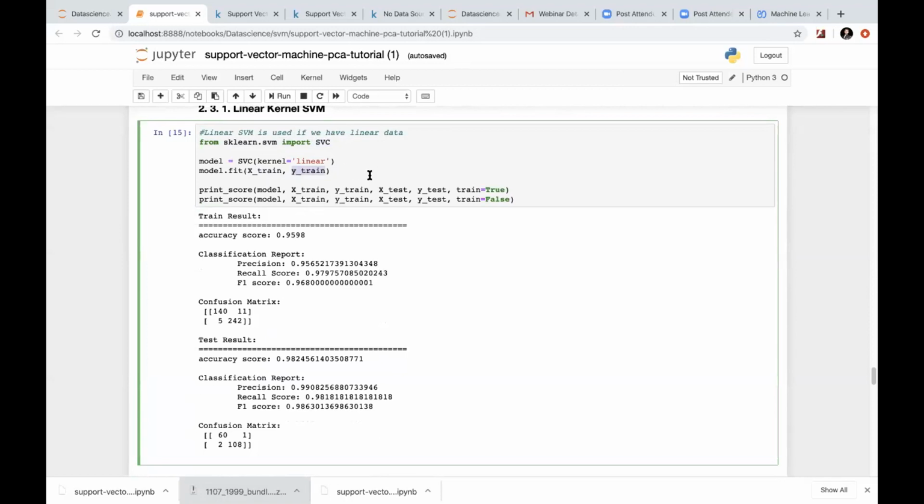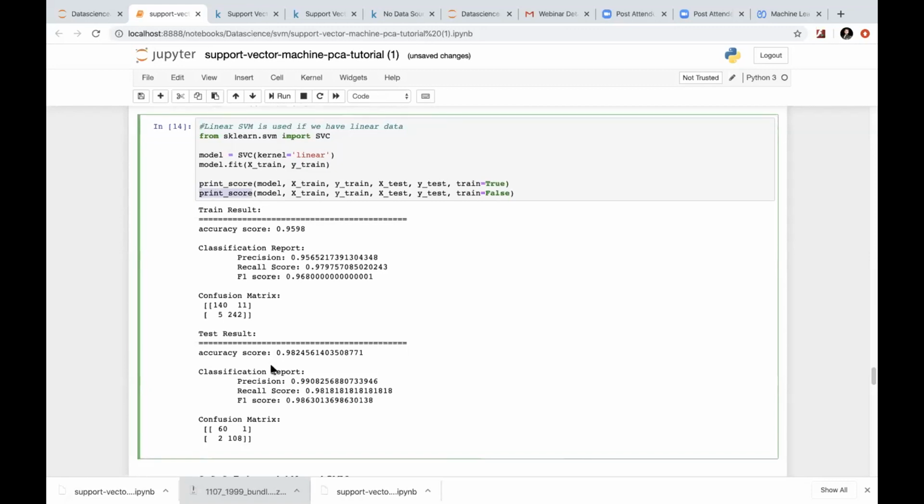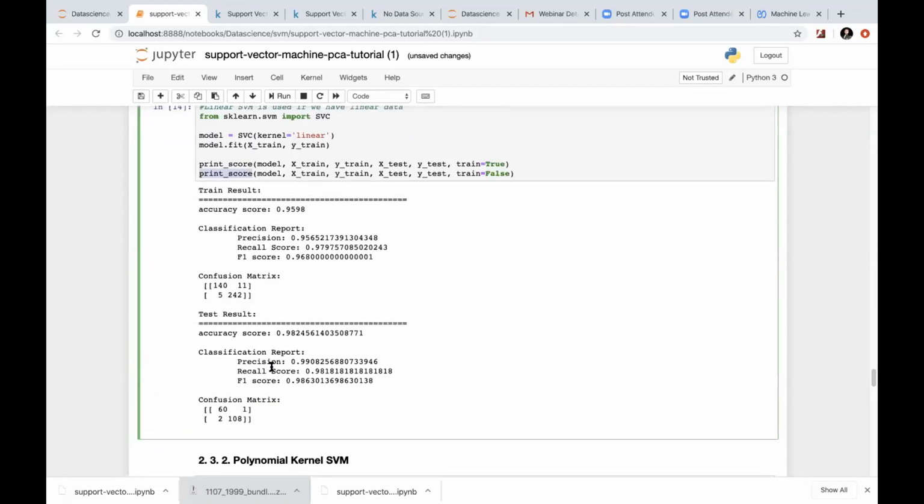And then when you try to fit the data set, this print score function above I have created to show you the complete information at one go. So you can see in the training part, it is giving accuracy of 95%. Basically by 95%, it means that it is able to clearly identify 95% of ones, which is benign.